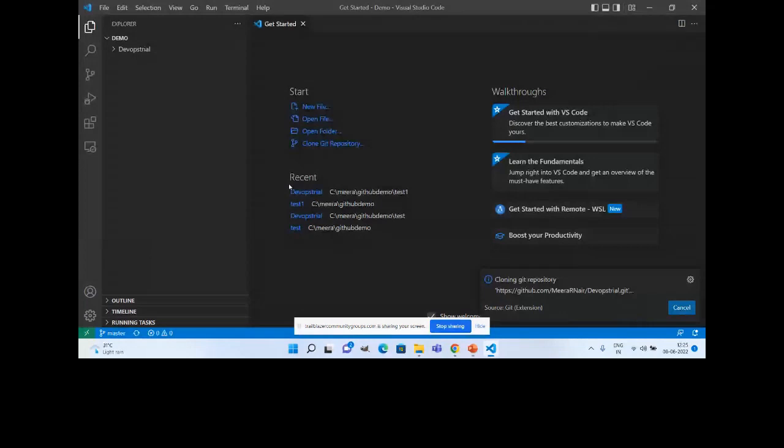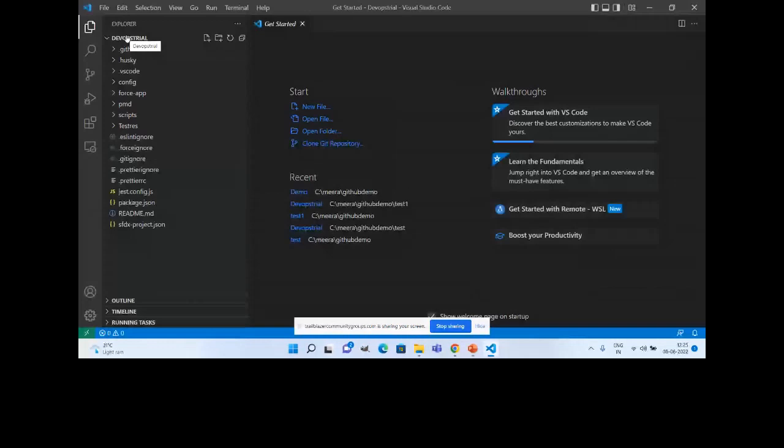I hope you know the basic process. When you are connecting to a repository from your local Visual Studio Code, it tries to fetch all the components from that particular folder. So when I choose open, what is going to happen? The remote repository components will be copied over to my local repository. So you can see all the components available in the remote are available here.